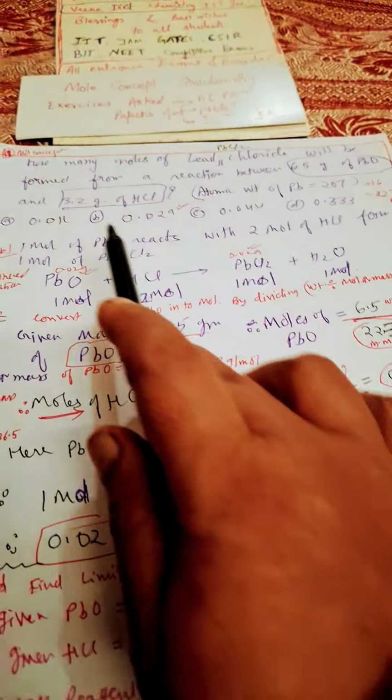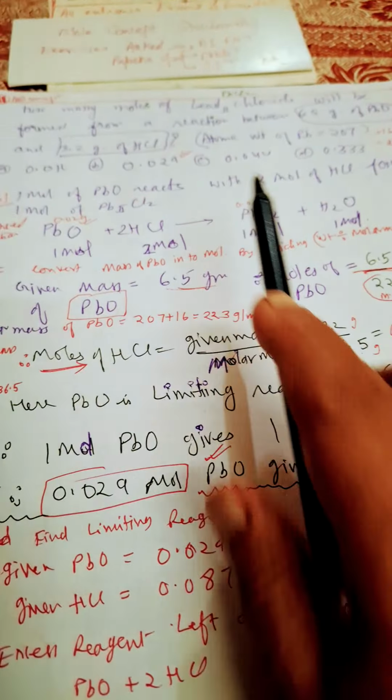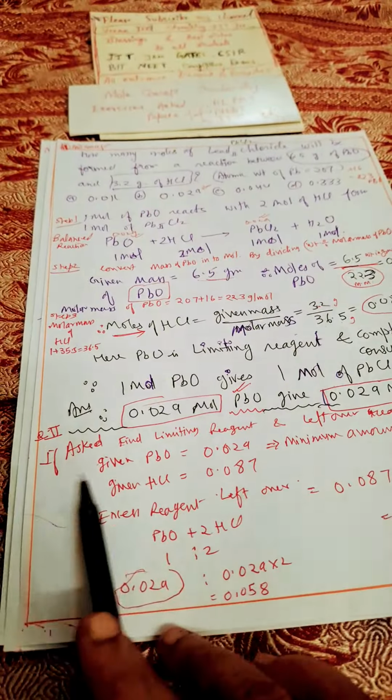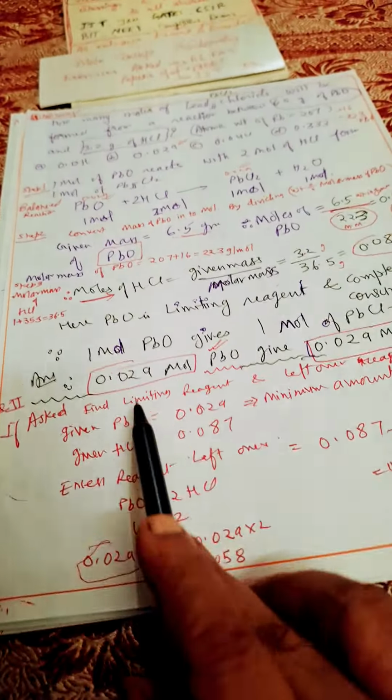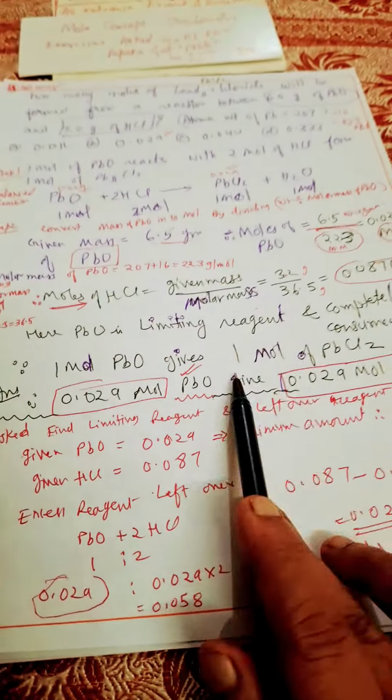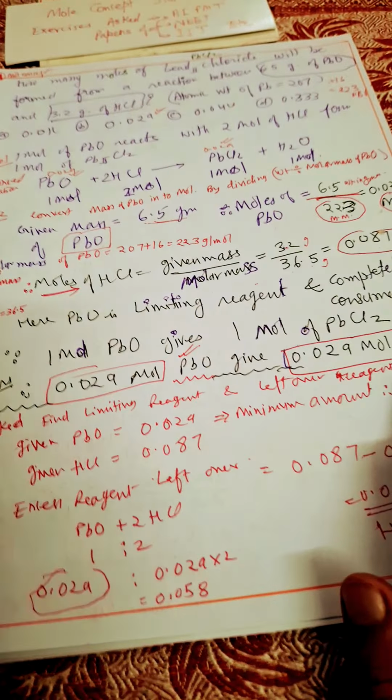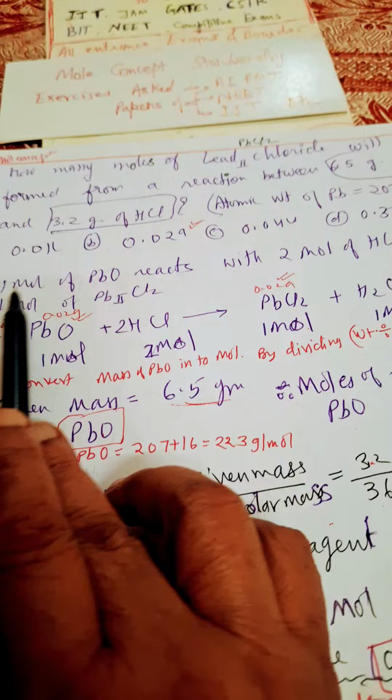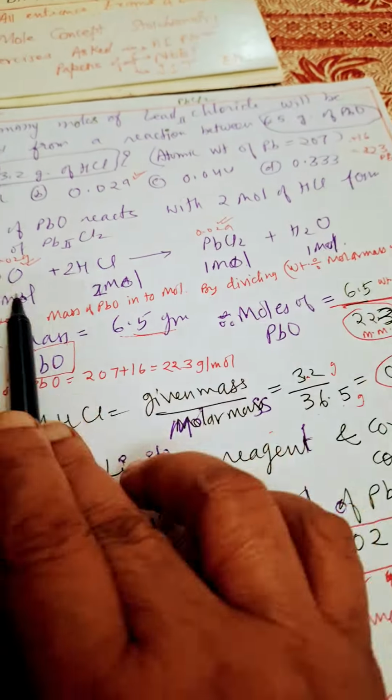But here we have to concentrate on how much PbCl2 is obtained. This is the second or third type of question I have written. Okay, and our question is finished. First question answer finished over here. Clear? So the first step is that 1 mole of PbO reacts with 2 mole of HCl, you should know,